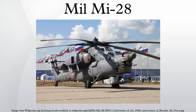TV3-117/VK2500 turboshaft, 1,636 kilowatts/1,985 kilowatts each. Performance: maximum speed, 324 kilometers per hour; cruise speed, 265 kilometers per hour; range, 435 kilometers; combat radius, 200 km with 10 minutes loiter and 5% reserves; ferry range, 1,105 kilometers; service ceiling, 4,950 m; rate of climb, 13.6 meters per second; hovering ceiling, 3,600 m. Armament: guns, 1 chin-mounted 30 mm Shipunov 2A42 cannon with 250 rounds;